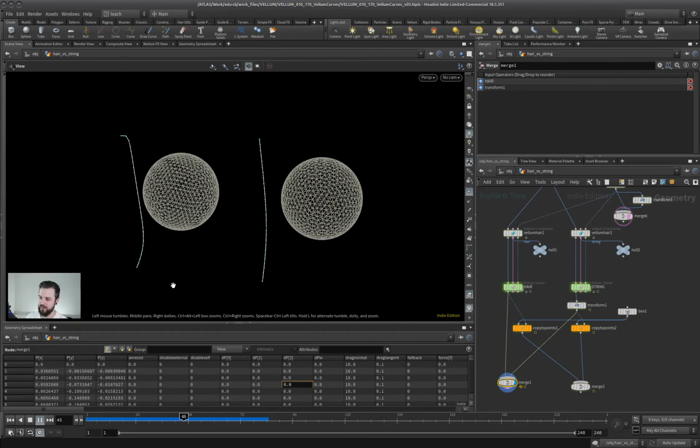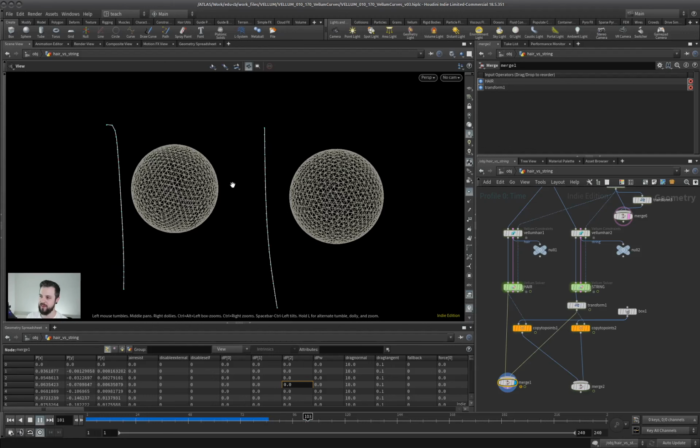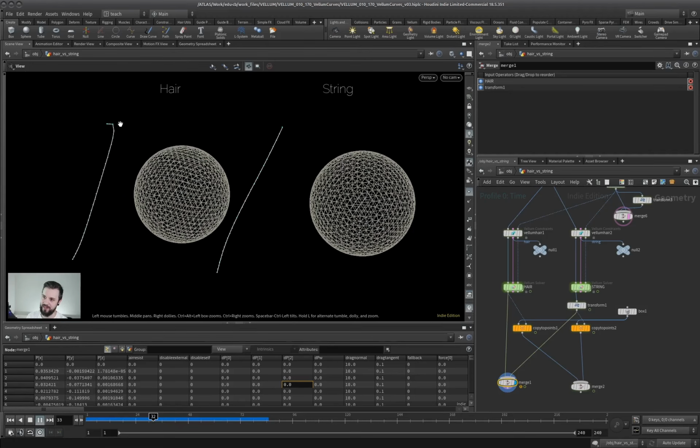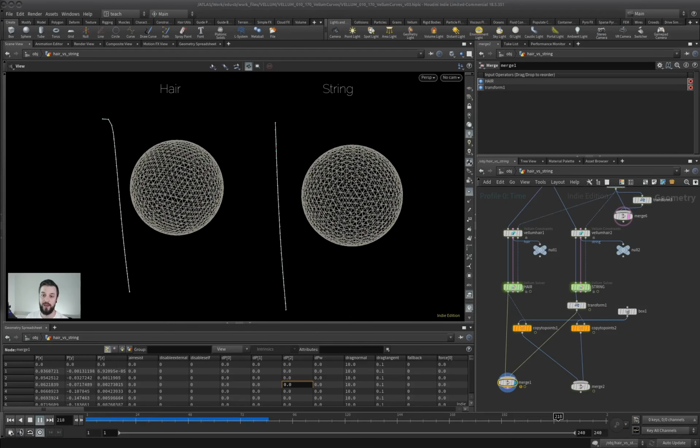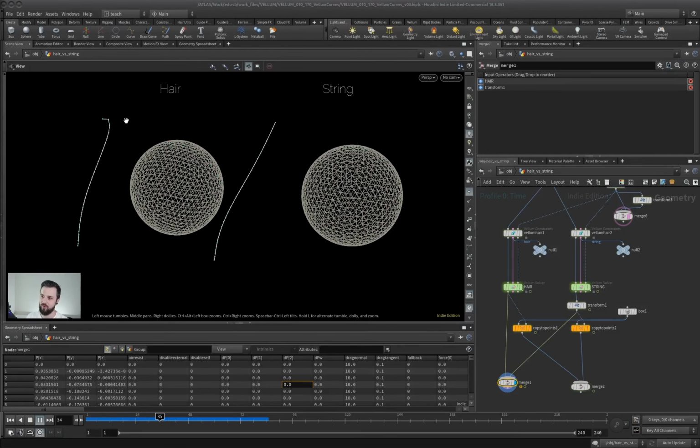And what you can see here is that at first glance, they look the same. This time the hair is on the left and the string is on the right. But what you can see is this bendy kind of stiffness that the hair constraint comes with that the string constraint doesn't have. And this is what the hair constraint does. It creates more of a relationship between the points than the string constraint does. The string constraint is really just points and tries to keep the rough distance to each other, and that's about it. Whereas the hair constraint